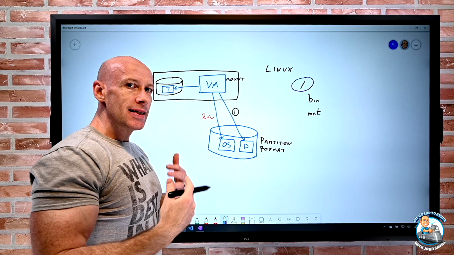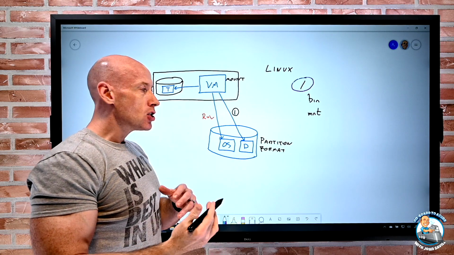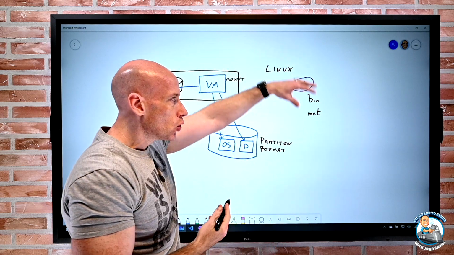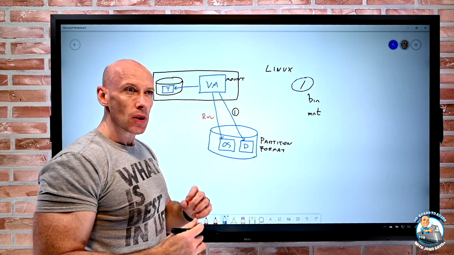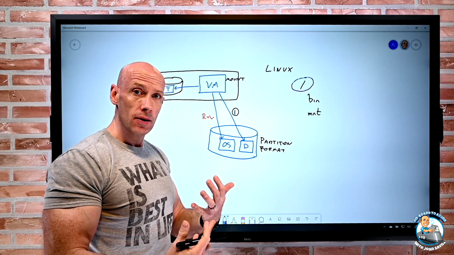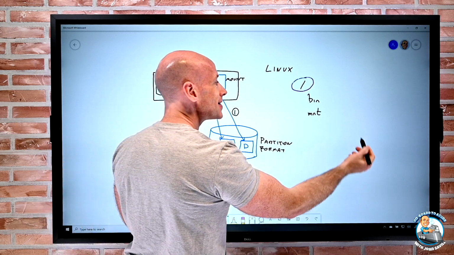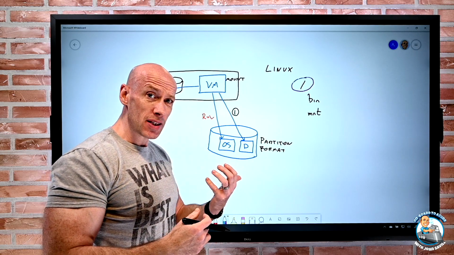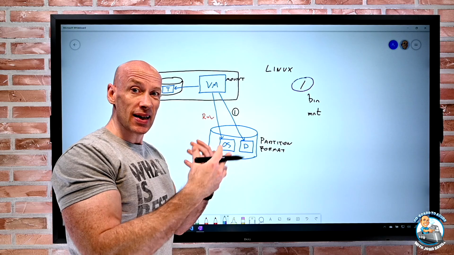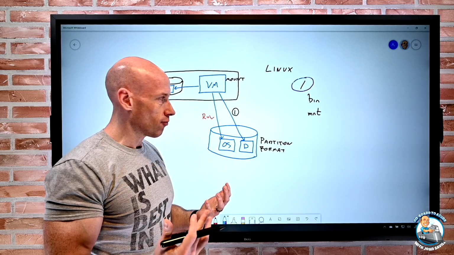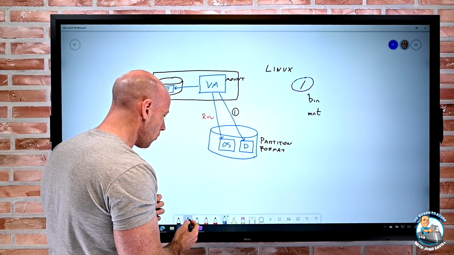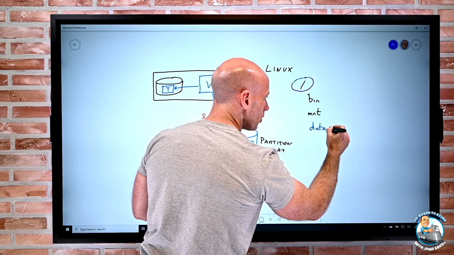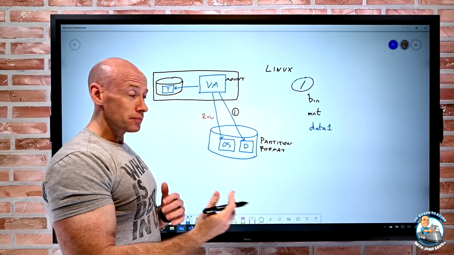So if I want to add additional disks, essentially what we do is we add mount points to this namespace. So generally we're going to create a folder that's empty, and then we can attach our disk to that folder. We want the folder to be empty, because if it's not empty, when I mount a disk to it, everything will get removed. So I could think about, well, hey, I'll create a folder called, for example, data1, and then